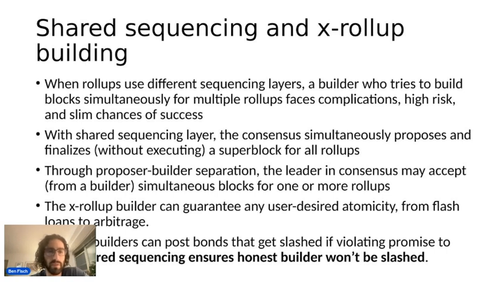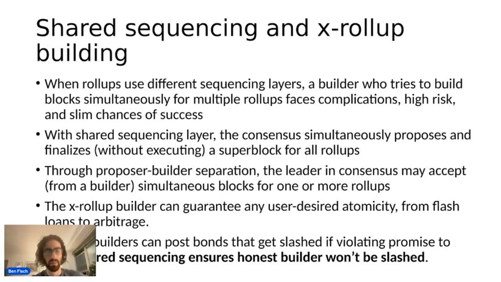For example, it would be difficult for a rollup to make some kind of economic commitment to its user that it would get slashed if it doesn't include both legs of some kind of arbitrage transaction, because it's always possible that one of the blocks that it proposes gets accepted and the other one does not,